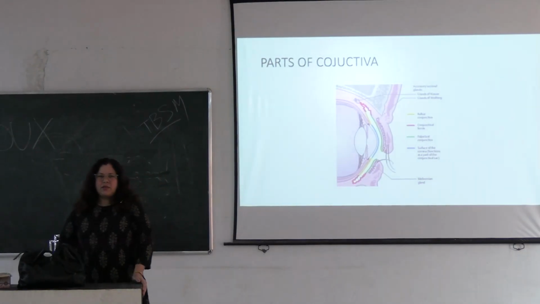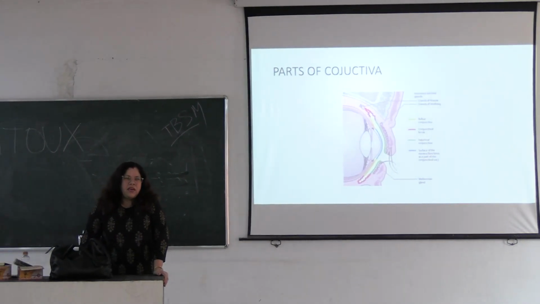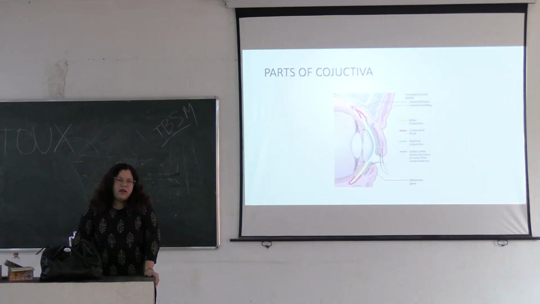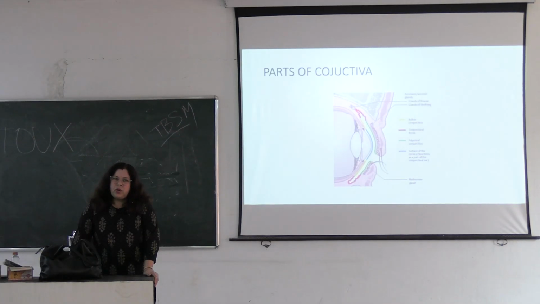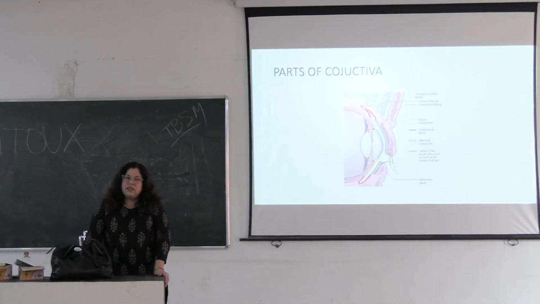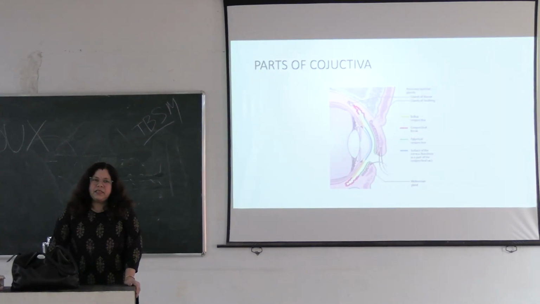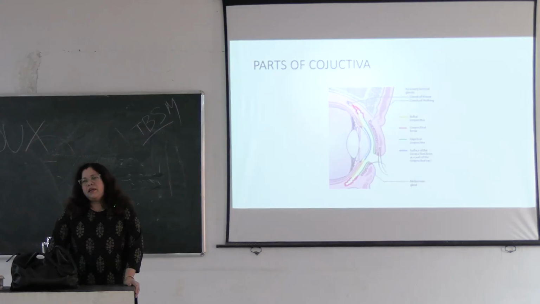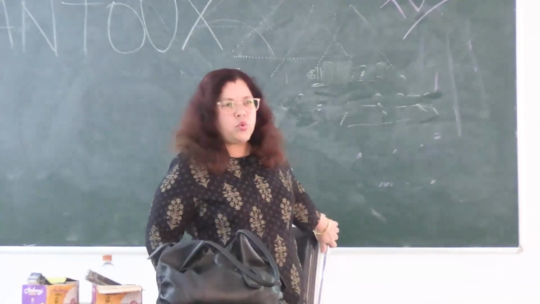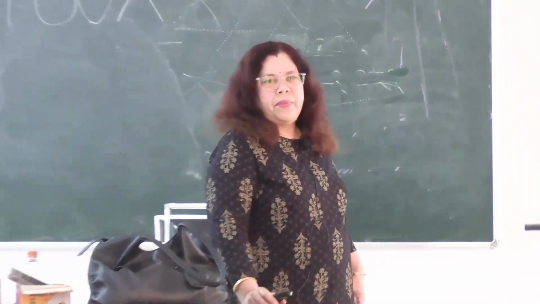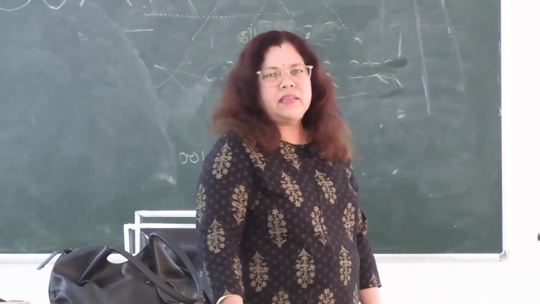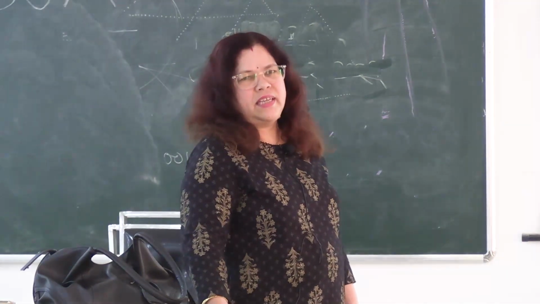Last time we discussed the anatomy of conjunctiva, classification of conjunctiva, acute mucopurulent conjunctivitis, membranous conjunctivitis and pseudomembranous conjunctivitis. Okay. Anybody tell about the anatomy of conjunctiva? How many parts are there in the conjunctiva? Conjunctiva is basically two parts, palpebral part and bulbar part, and the third one is the fornix, that is the connecting